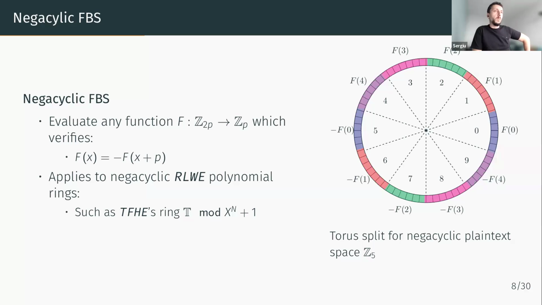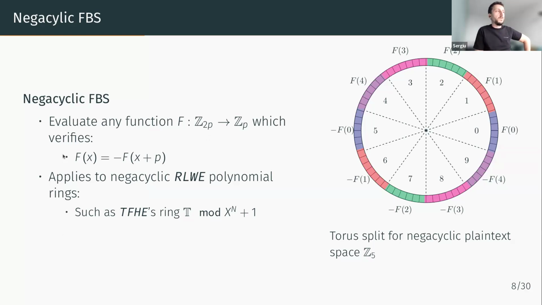And when projected to the functional bootstrapping plain text space, this corresponds to evaluating functional bootstrapping where the input message space is 2 times larger than the output message space. It's Z2p. But the limitation is that the function you can evaluate